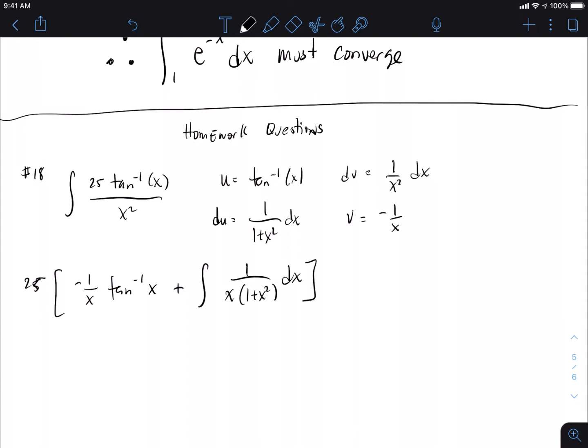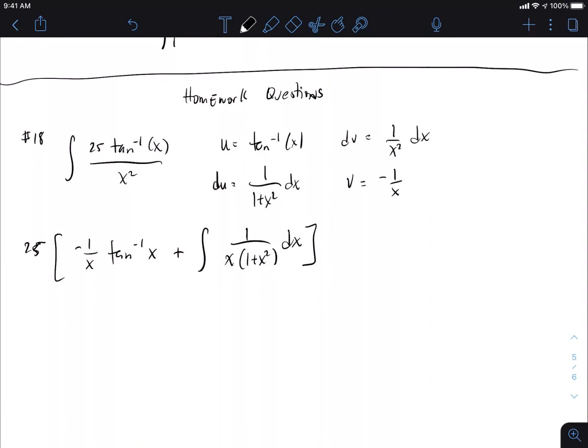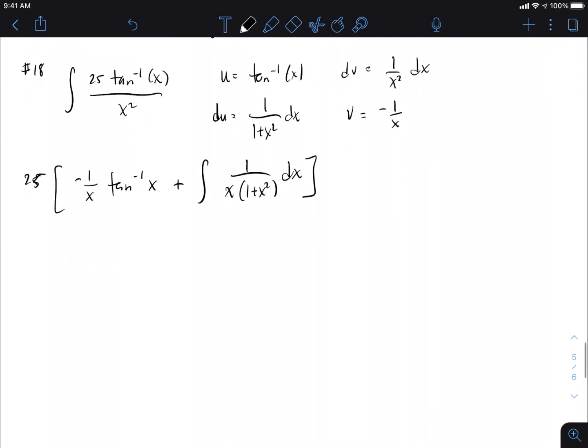Right. Okay, so from here, this first one we're essentially done with, right? The negative 25 over 10 inverse of x over x is done. We need to deal with the second part, so that's going to be a partial fraction decomposition. What's going to end up happening there is I'm going to get